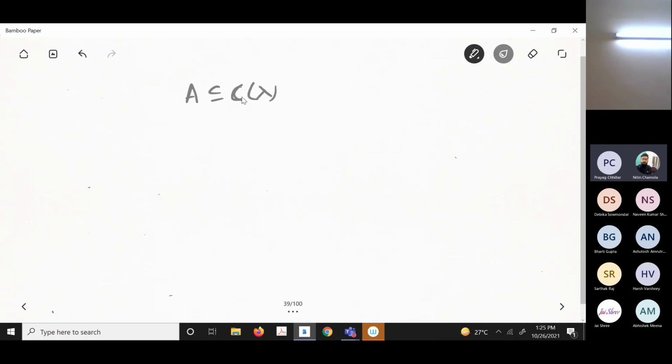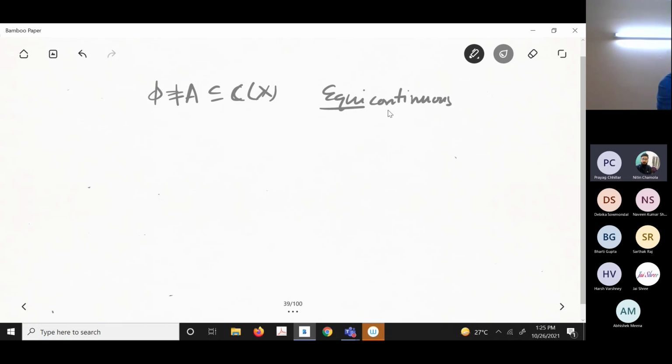Look, it is not uniformly continuous, a non-empty set. I am saying it is equicontinuous, the term. When you do mathematics, first you need to understand the definitions well. Only then you will be able to understand the results and then the proof. Okay, so that equi. Like uniformly continuous, you had uniformly chosen, given epsilon, you could choose delta uniformly.